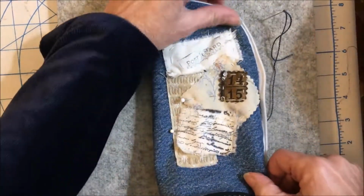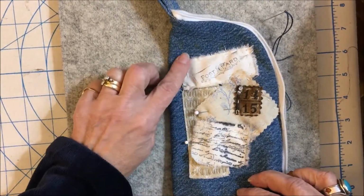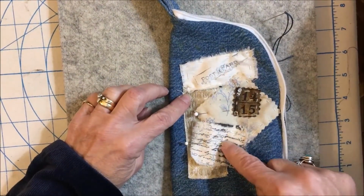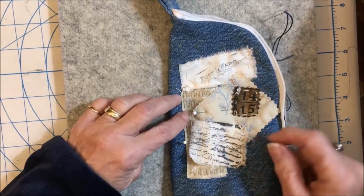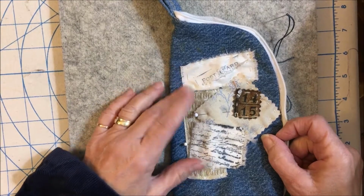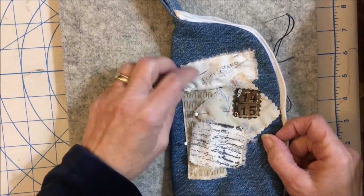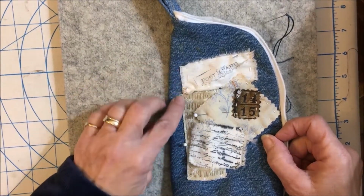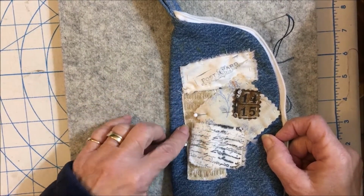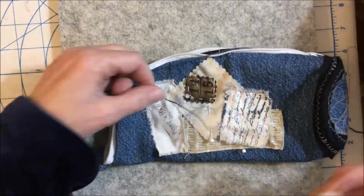Now, one of the things that I have done that I don't like is I've created a straight line here. So I've got 5 pieces of fabric. I like uneven numbers. I don't want to add another piece of fabric. I may add lace here, or I may do some kind of embroidery on this side to break up this straight line. But before I do that, what I'm going to do using a darker blue